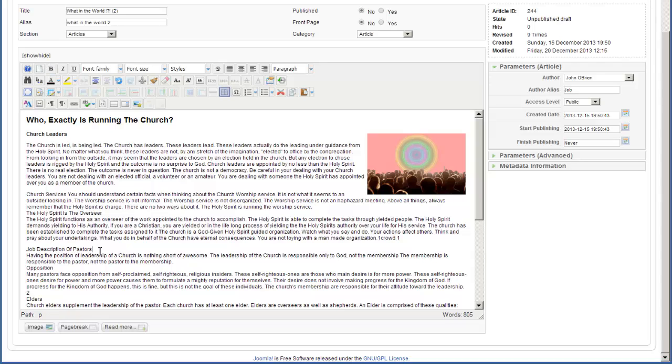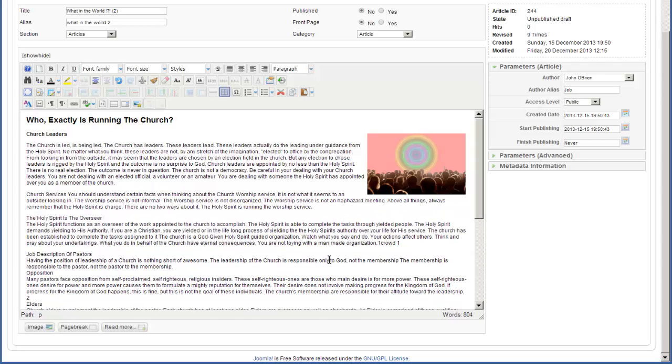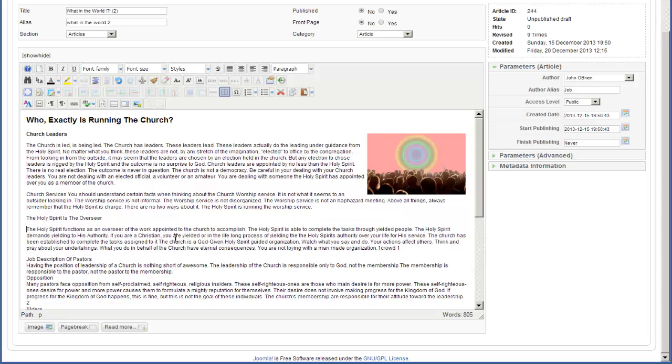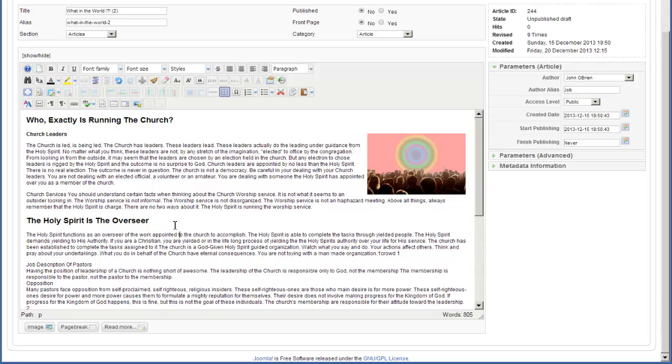Job description of pastors. Here is another headline. To make this headline, you must make it a paragraph. To make it a paragraph, you must draw the rest of the text up and push enter. Now you can make this a heading 2. When I go here, I can see that this says crowd 1. But here we have a reference, and if this reference